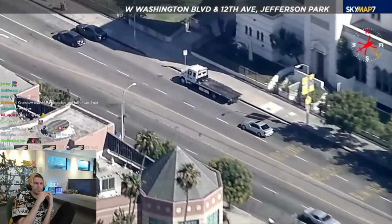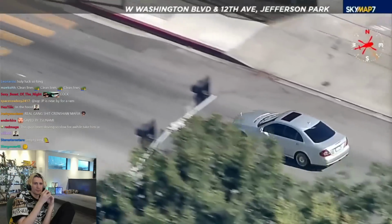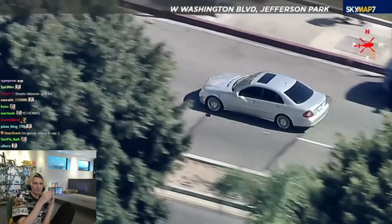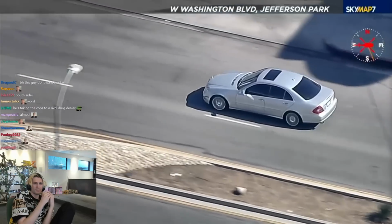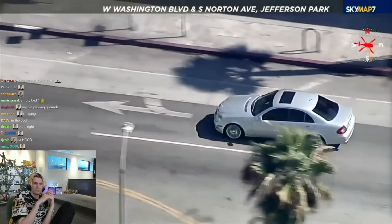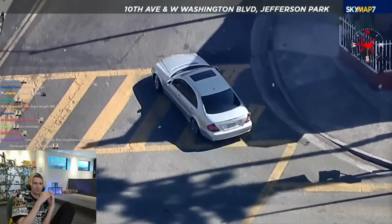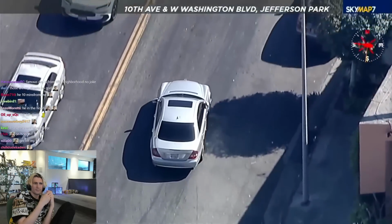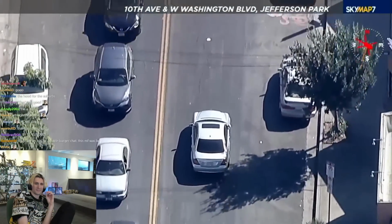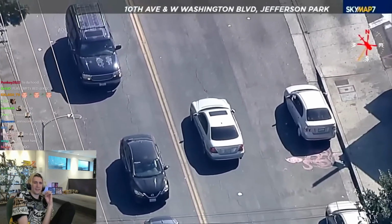We are now on Washington Boulevard, just off of Crenshaw Boulevard. Now heading back in the eastbound direction. Eastbound Washington Boulevard, maybe looking for a chance to get back on the freeway, or maybe this is an area where he is a little more familiar with the surroundings and might have a destination in mind. You didn't get that impression for much of this pursuit, but you just never know. He is looking to make a right turn there, now northbound back towards the freeway, possibly looking for an opportunity to get back onto the freeway. I'm sorry, southbound, I should say. Southbound